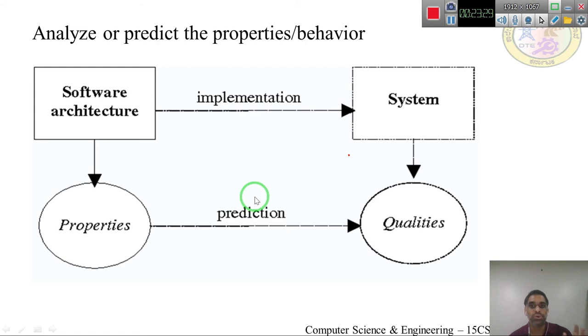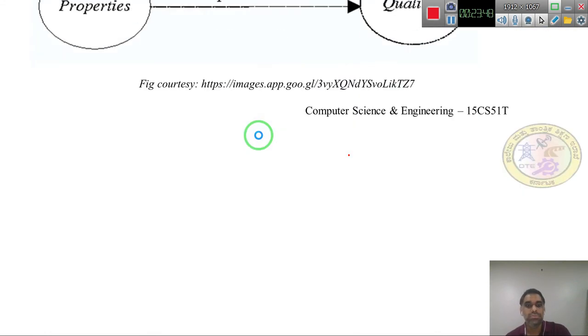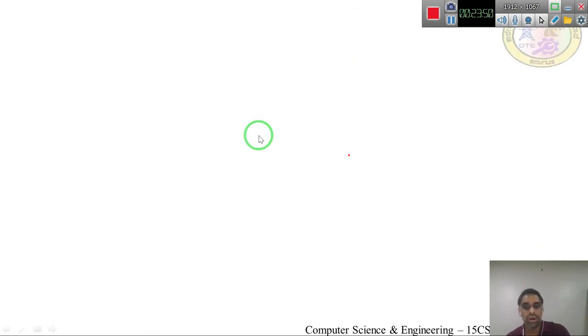Okay, so if the quality and performance requirements are not fulfilled, then what you have to do with the requirement so that it satisfies the standard. Fine. So for such an analysis, what do we need? We need an architecture model. Fine. So those are the roles being played by the architecture.